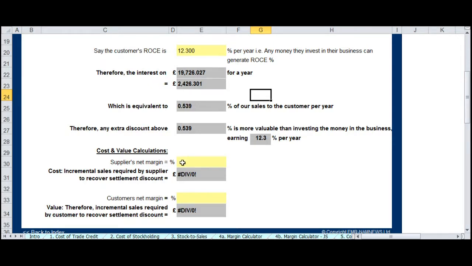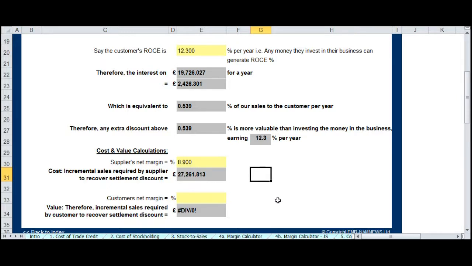Okay, let's see what it costs us in terms of incremental sales. It's just a check on the cost of it really. So let's assume that we make something like 8.9% net profit, which is not atypical of a supplier, and that is equivalent to us generating incremental sales of